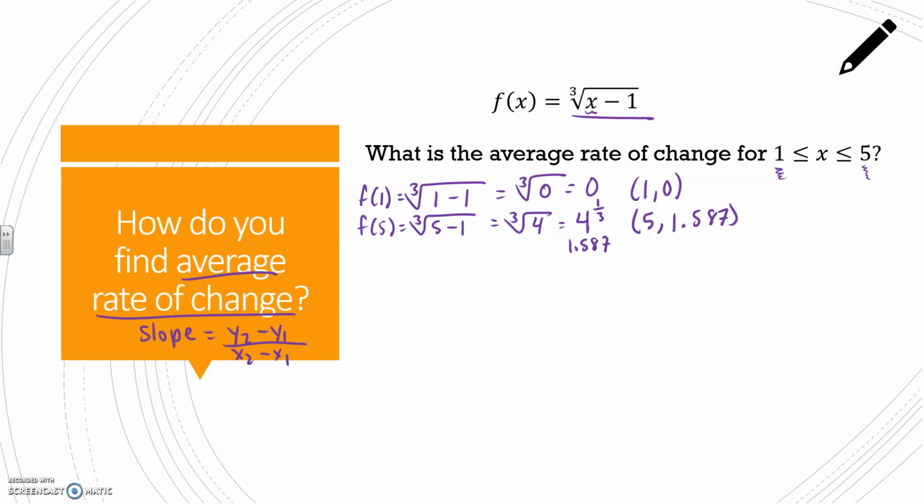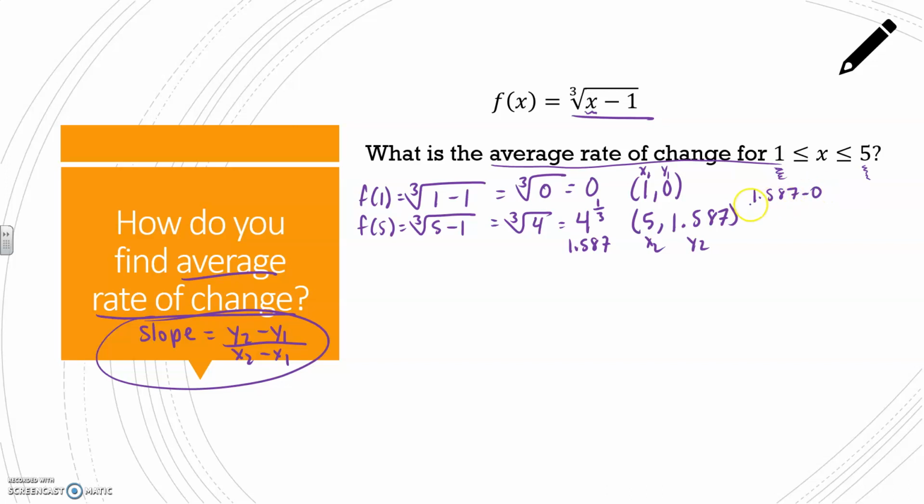Okay, but here's the thing. Right now I just have two ordered pairs. Now I need to use this idea and find the slope between them. I'm going to call this x1, y1, and this x2, y2, which means to find the average rate of change between the 2 points, I would take y2 minus y1, so